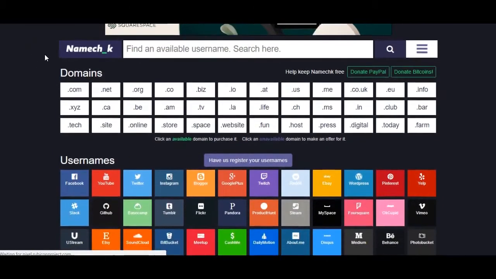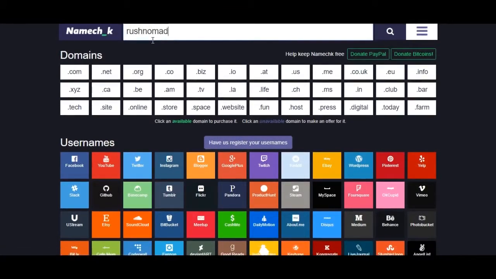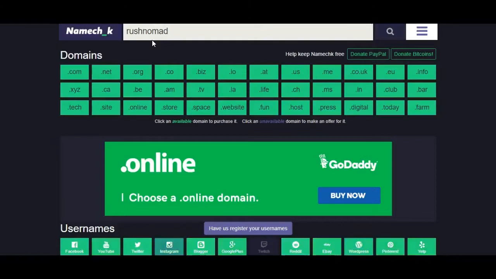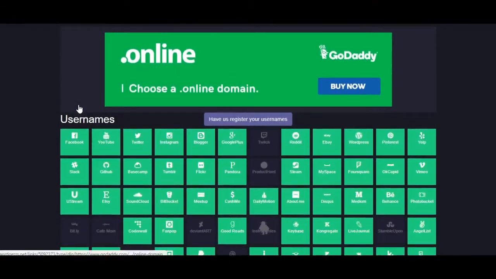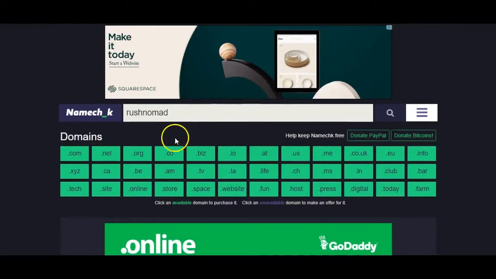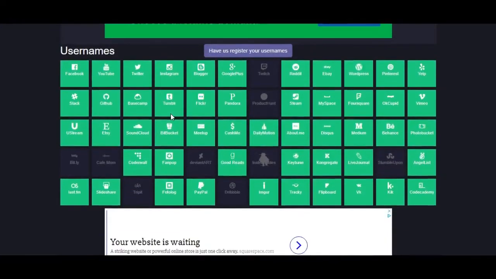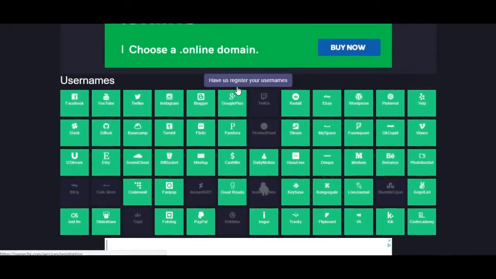So let's type in another name. I'll go ahead and try another username. Again, I'm making these up off the top of my head, but we'll try something like Rush Nomad. I'd want that for a brand and the domains, and there you go. With this, I can see it's wide open. I could go over and buy rushnomad.com. I could easily acquire the Facebook, YouTube, Twitter, Instagram, and almost all of these are not taken, and I would have a wide range of selection. So what you would do is you'd go over, purchase this name and then start registering on all of these different platforms. I really love this tool and think that everyone should use it.